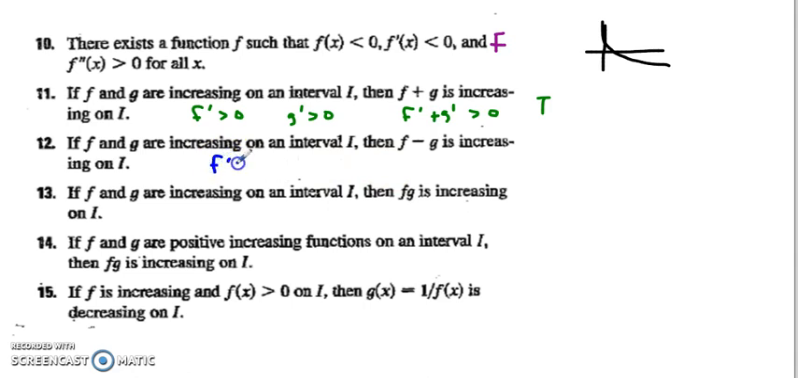Next problem, if f and g are increasing, then f minus g is increasing. Okay, so once again, f prime is greater than 0 and g prime is greater than 0. And the question is f prime minus g prime, how is that compared to 0? Is it greater than 0? And the reality is we don't know, because if f prime is larger than g prime, then yes,